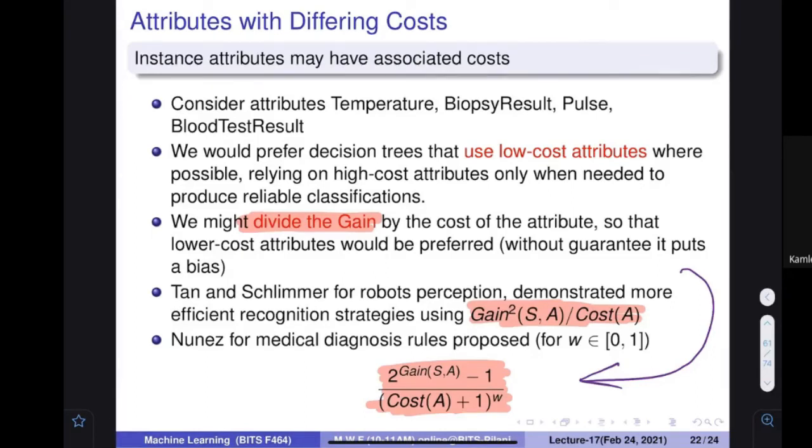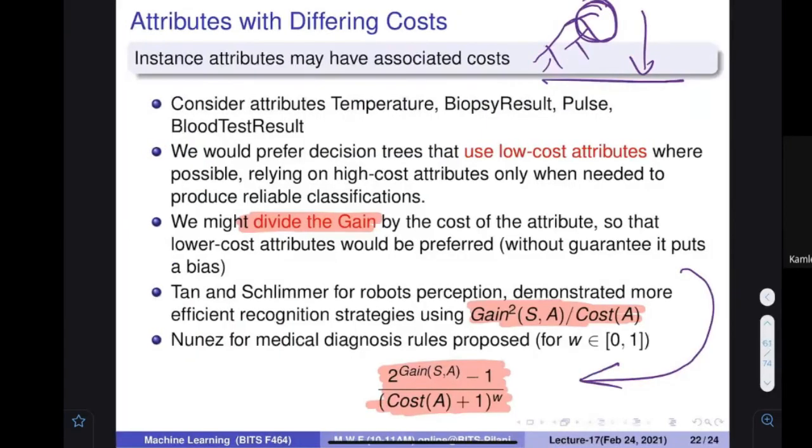Because now we have not only one criterion, we have two criteria. We also want to reduce the attribute evaluation cost, and this can be done because of my decision tree model. If I can find the classification here itself, I need not go deep down and do all these kinds of experiments and tests.